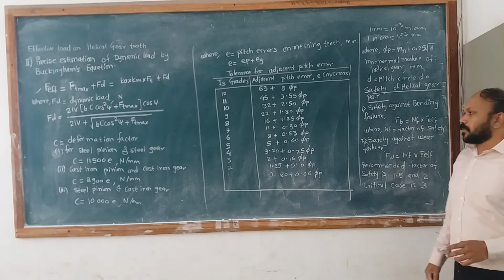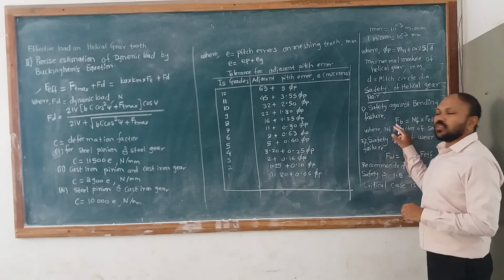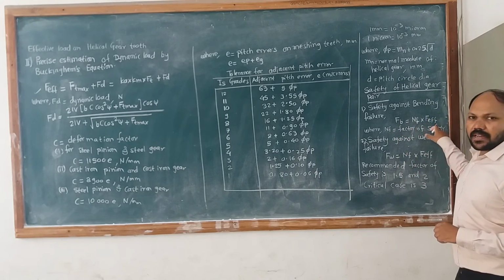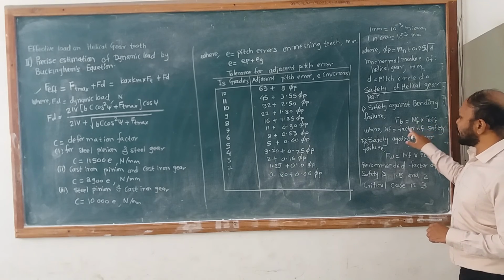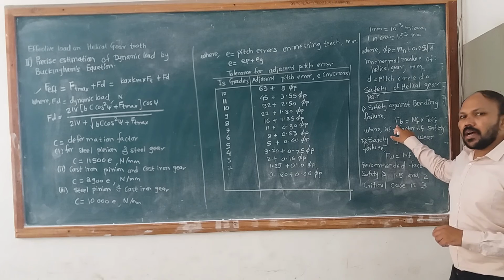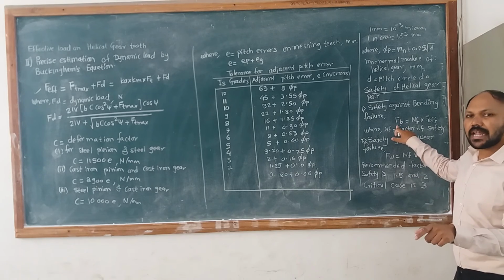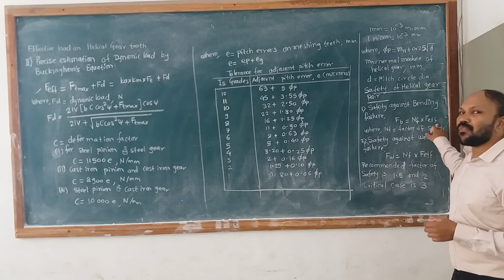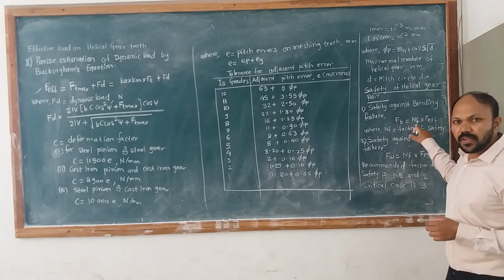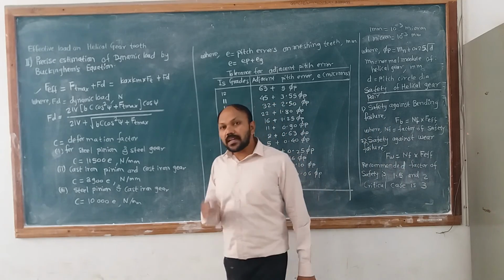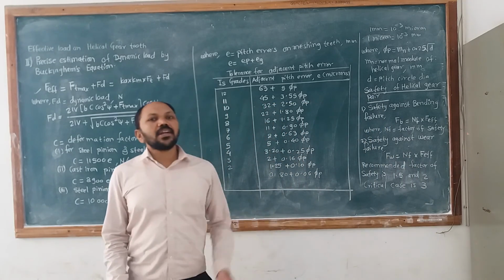If your FP is less than FW, then you use this formula again. FP is equal to factor of safety into F effective. Substitute here the value of FB and F effective. Now FB is available in terms of module. Now substitute that module value, calculate the actual value of FB. So FB you substitute here, F effective you substitute, calculate the factor of safety value. Okay, then check whether this factor of safety value is greater or less.